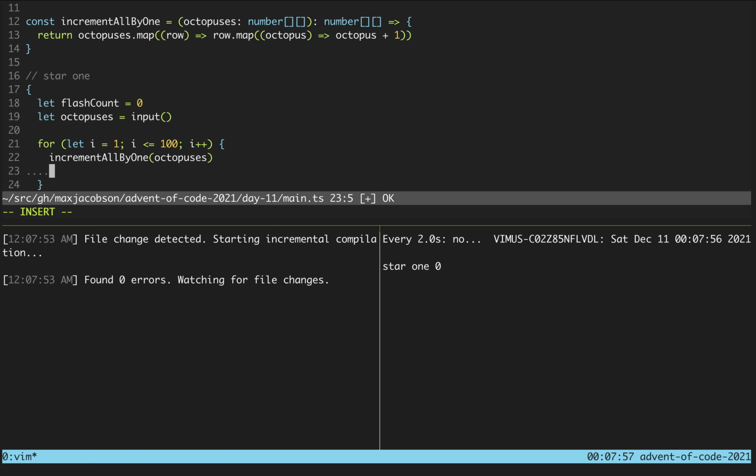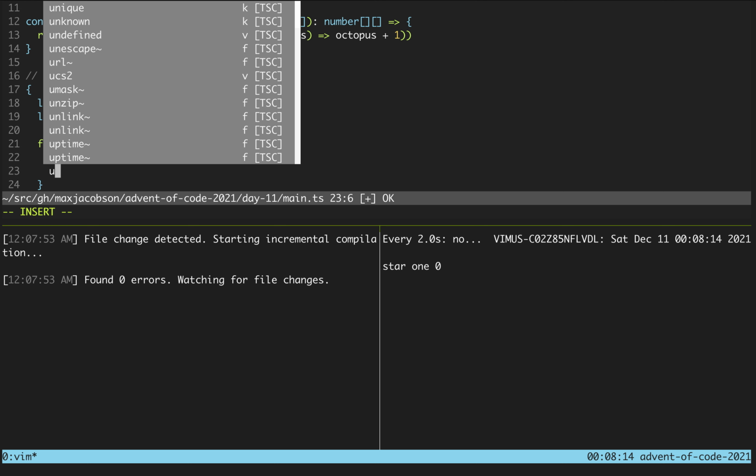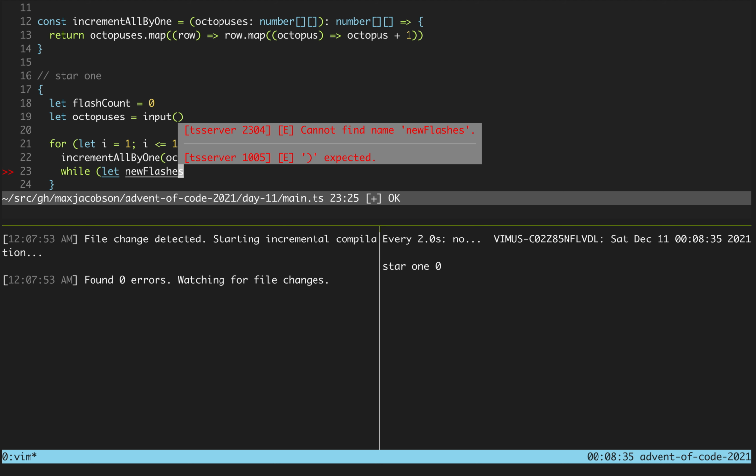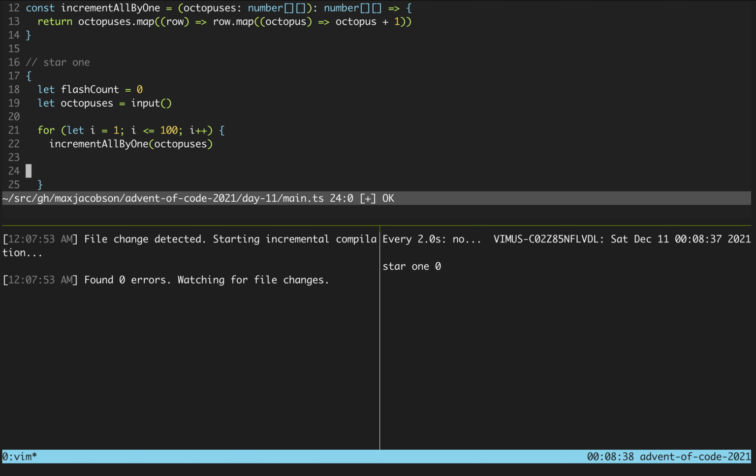So we increment them all by 1, and then what? Then we need to find. We want to go through all the octopus, and then if it's more than. Okay, then I think we want to do something like while, let newFlashes. How do you do a loop in JavaScript? Like a